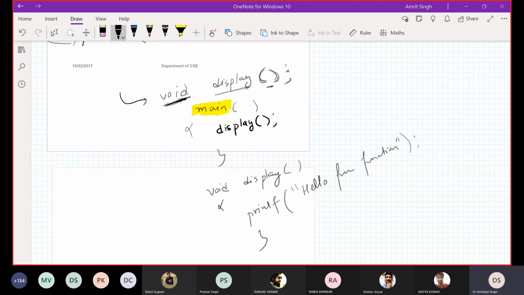Normally on your compiler or the online platform on which you are executing your program, we just click one button and it does the task of compile and run.